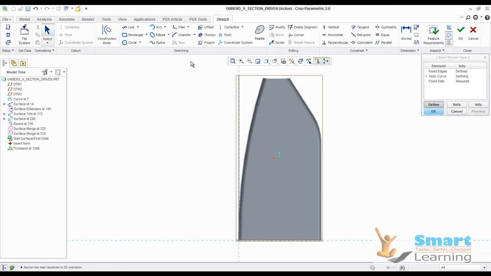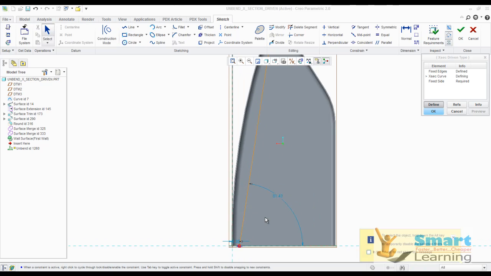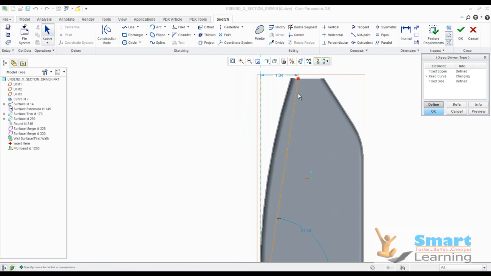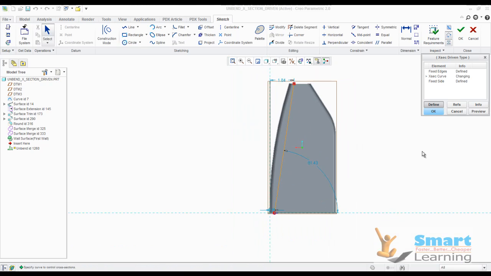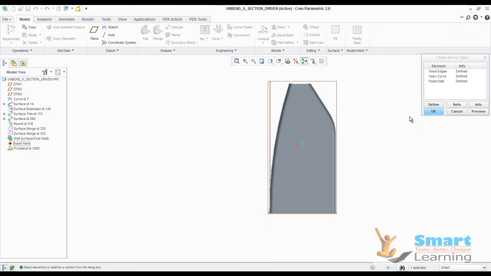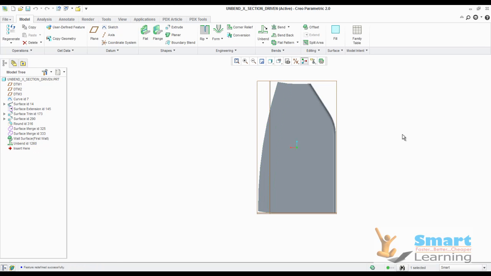bend line control. Let us say my bend line control is something like this. This is my bend line control. So after defining this particular curve, I can directly accept this, and this side you can also set, and you can have the preview.